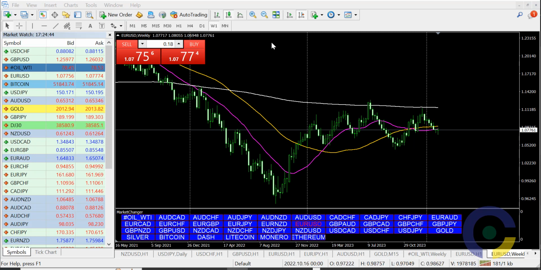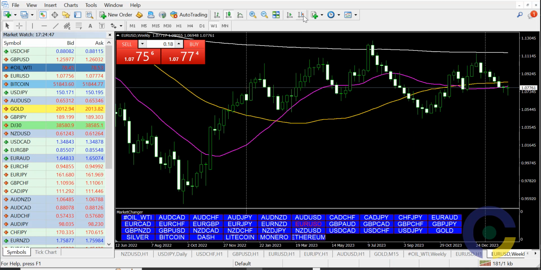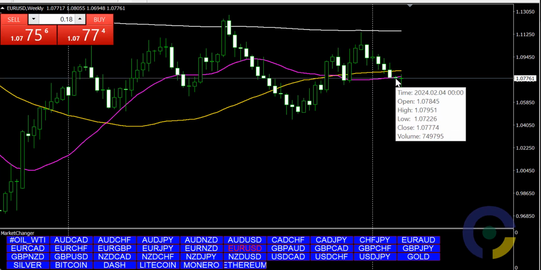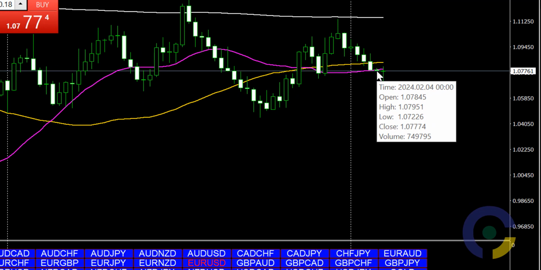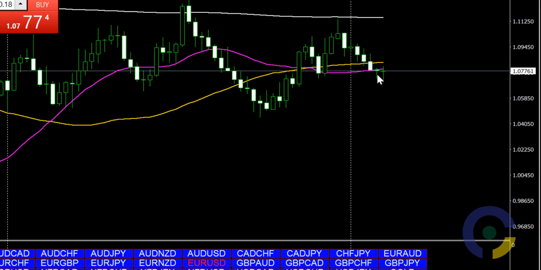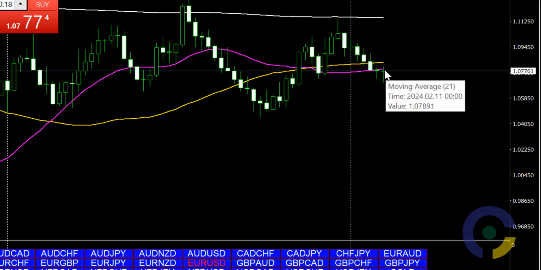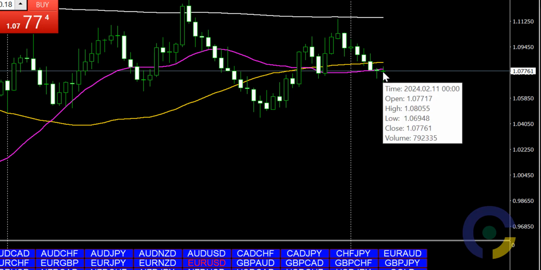But now when you consider the individual price charts, right, you look at the current candle that we have here. Last week, it formed, call it a doji, right? This week, another doji. However, last week it closed a bit bearish, opening at 1.07845 and closing at 1.07774. Now, this week, we have a bullish close, opening at 0.7717 and closing at